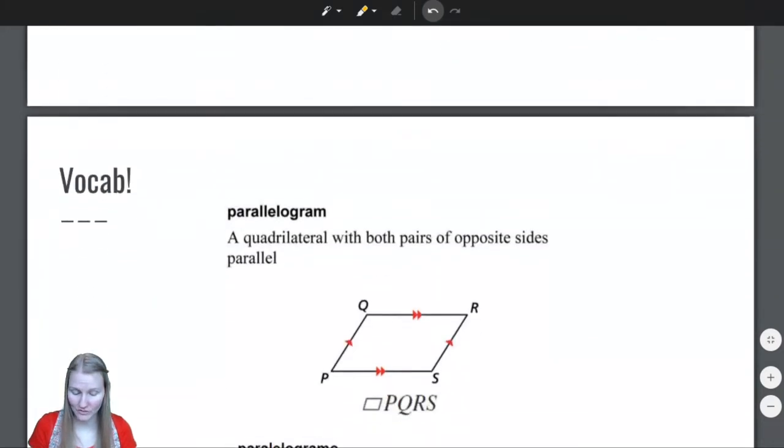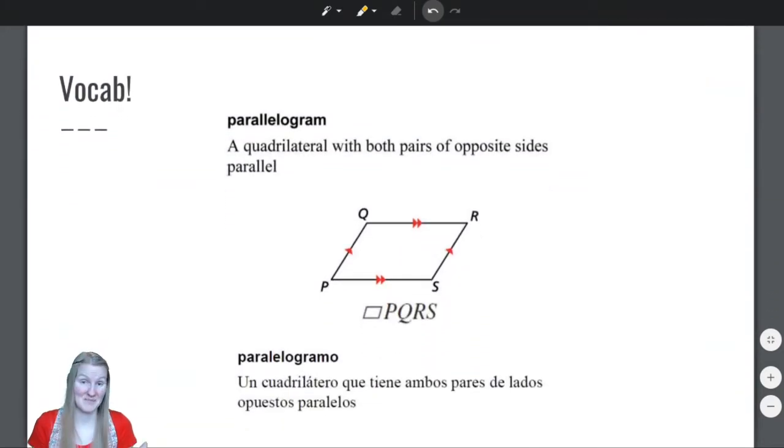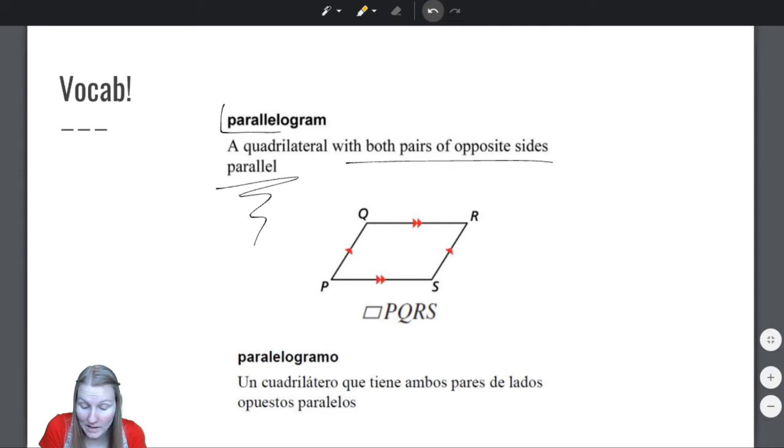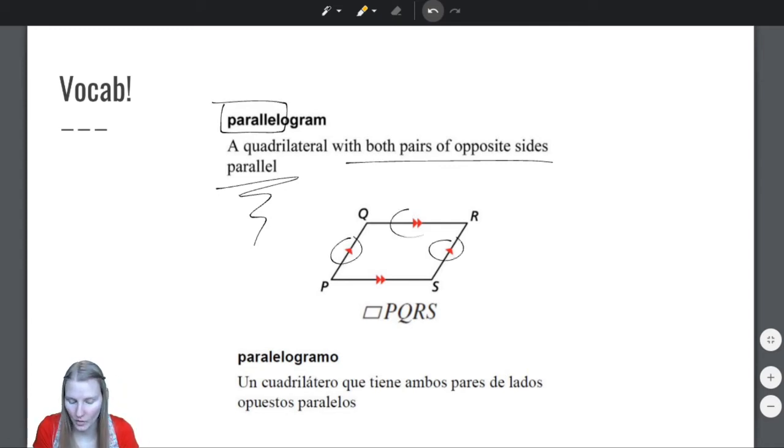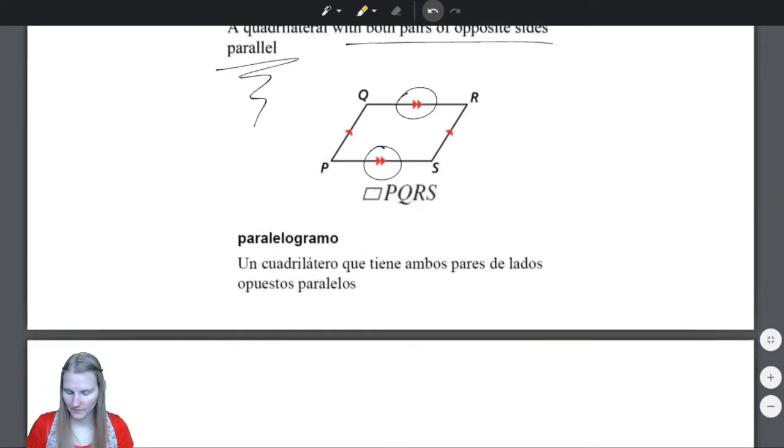So, let's review what a parallelogram is. Remember, it is a quadrilateral with both pairs of opposite sides parallel. We need all four sides to be parallel to their opposite side. So 2 pairs of parallel sides. That is what gives us a parallelogram. Okay. Now,